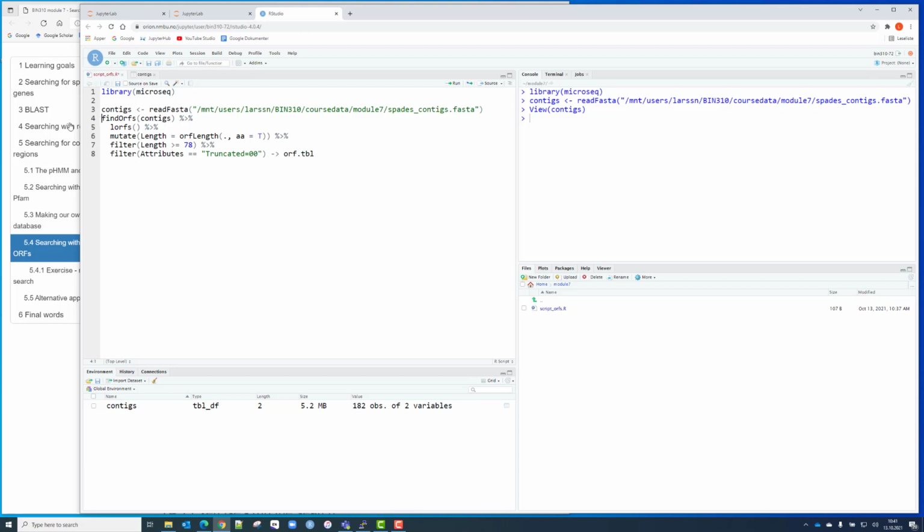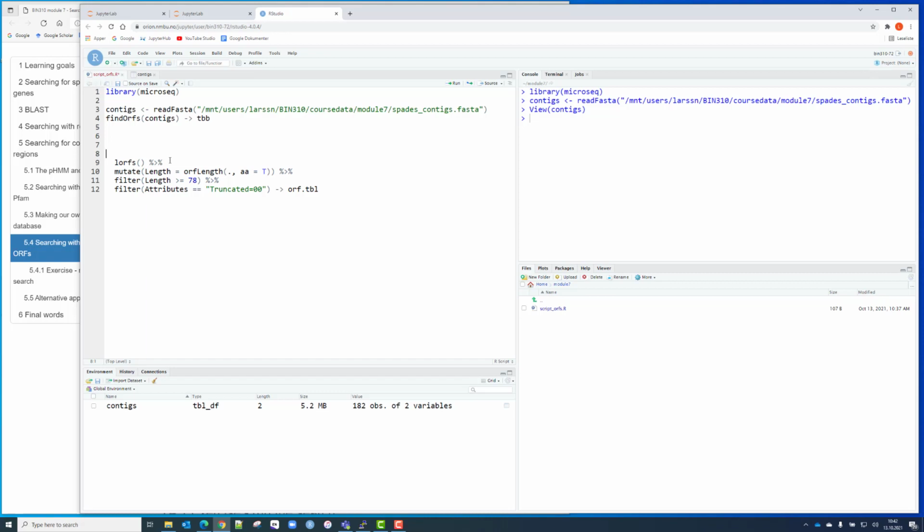So the next thing we do is to use this function find ORFs to actually find the ORFs. And instead of the pipeline here now, I just put this into a table here now, TBB. I just want to stop after this step and see what happens. So let me run here, and notice the input is the whole FASTA object, right? The input to this function is a whole FASTA object. And now we can see the output, TBB, is now a table with 538,000 rows and 9 columns. And if we have a look at it,